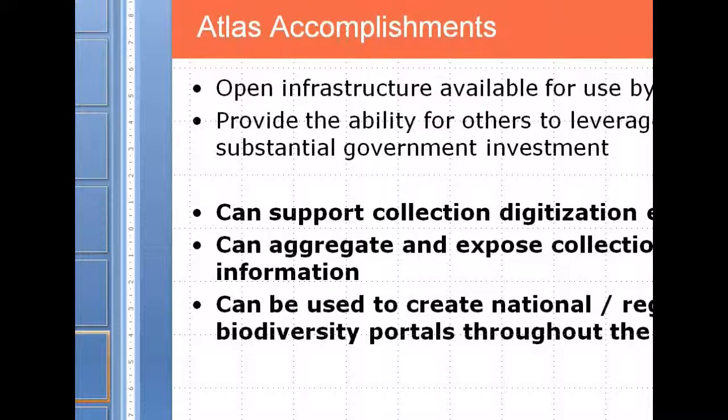So we can support collection digitization efforts, and we can aggregate and expose collections information and hopefully get them some metrics back to show people are using it and help them. But we also have pretty robust infrastructure, and we can be used to create national or regional biodiversity portals throughout the world. At this point, there is a requirement that countries have under the CBD, that many countries do create national level portals, and maybe not all of them have the resources to do it. Well, we've done it pretty well, and we've done it on open source software, which we are more than happy